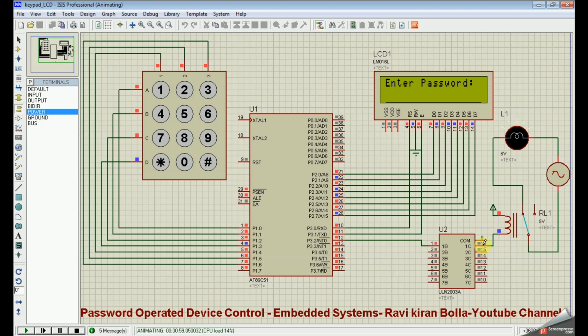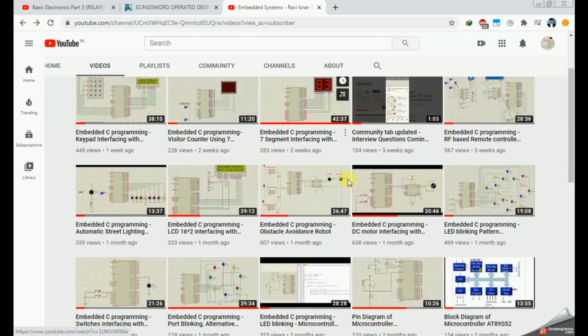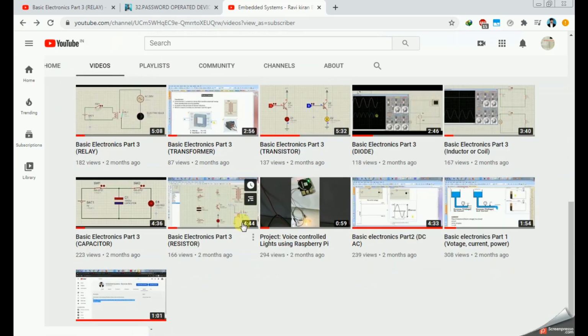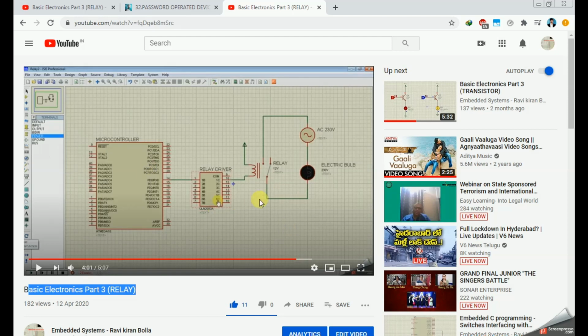This relay and relay driver were already explained in the basics concept, in the relay interfacing video. In that video I already explained how we can interface a relay with the relay driver. So I recommend watching it to understand this relay driver.